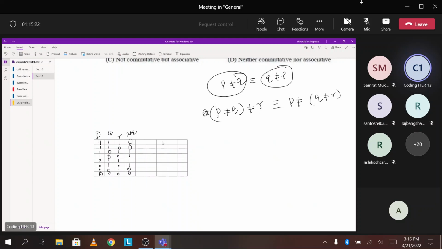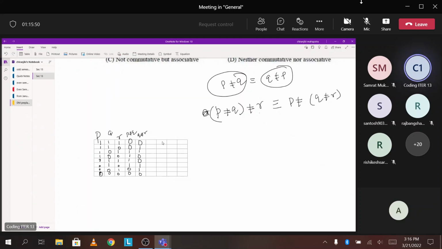And Q not equals to R, ठीक है, Q not equals to R, so it will be 1 1, that is 0 1 0 1 0 1 0 1 0 1 1 0 1 0 1 1 0,